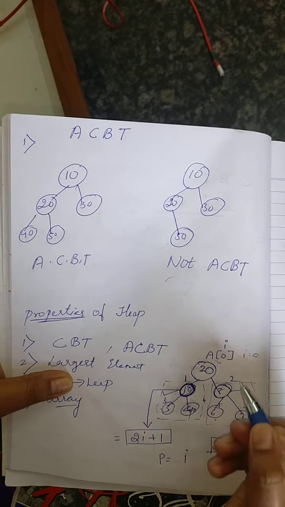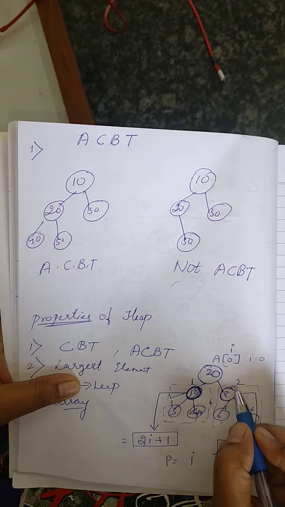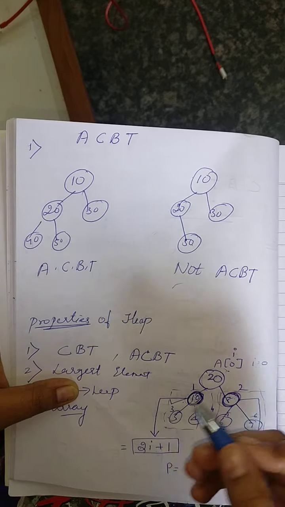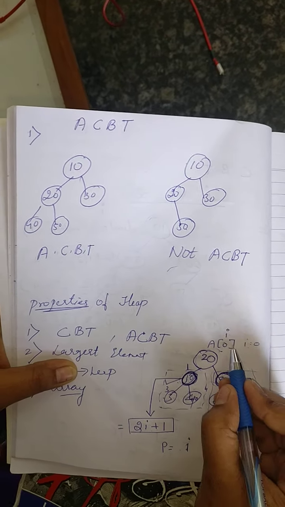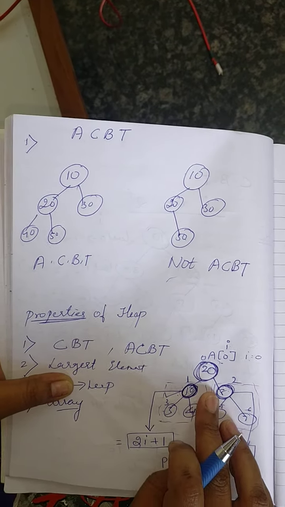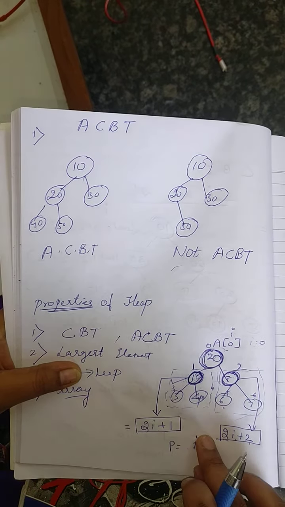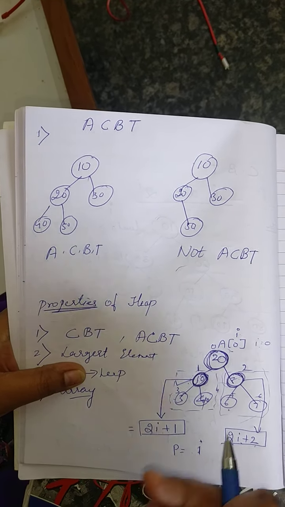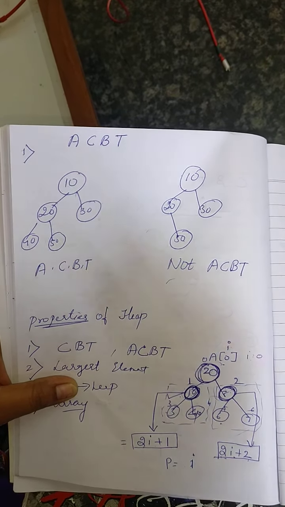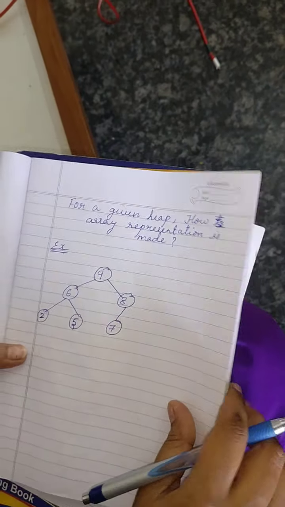Yes, correct. Next, same thing. I will take 2 into 0, which is 0, plus 2. So 2 is your right child. Yes, the second position is your right child. Correct? If I want the parent, I told you that is i. What is i now? 0. So this is your parent. So this is how, for a given array, for example, if they have given you an array and told you to represent it in the form of a tree, then these formulas are very useful. I will take one more example and let you know. Now we'll see the example.